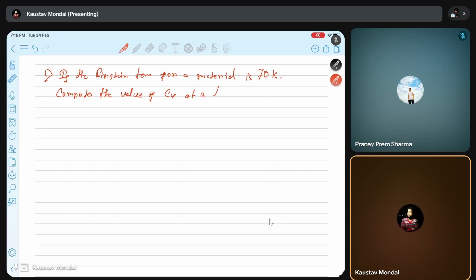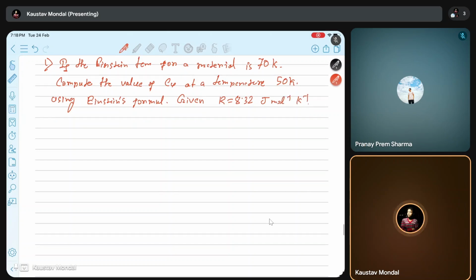at a temperature of 50 Kelvin using Einstein's formula. Given R equal to 8.32 joule per mole per Kelvin. Okay, and the options are given: option A